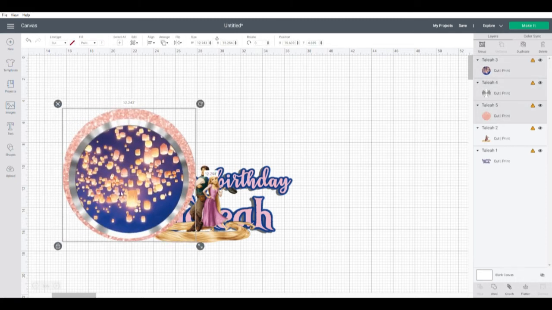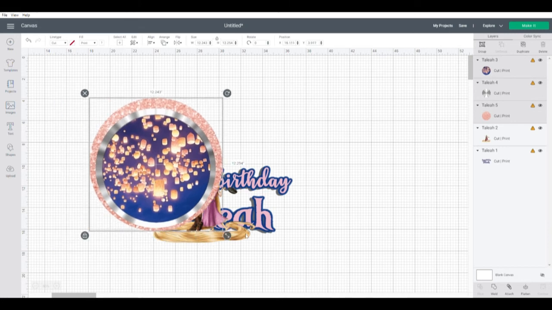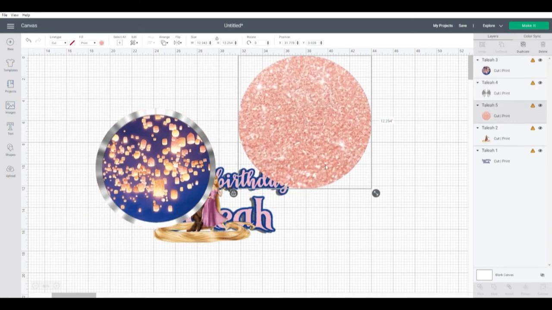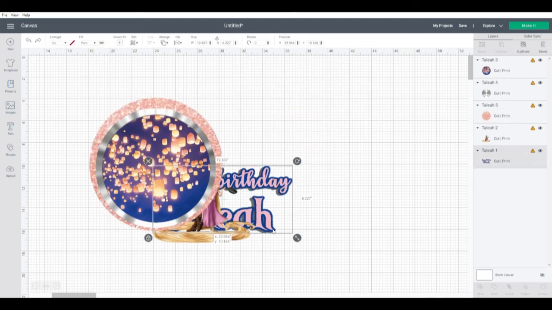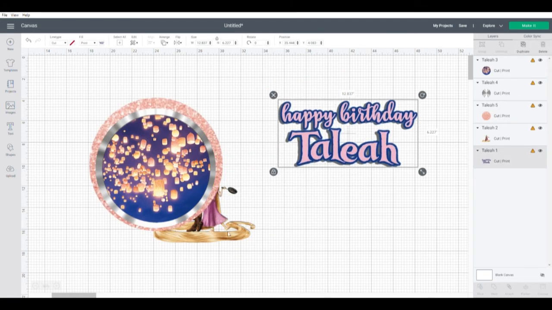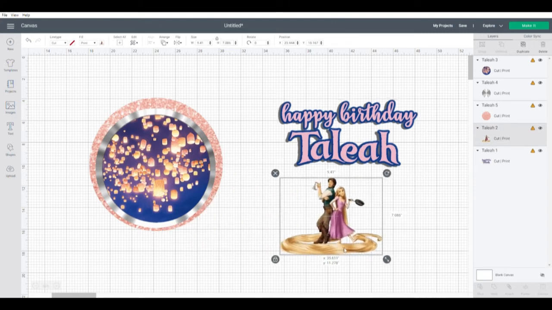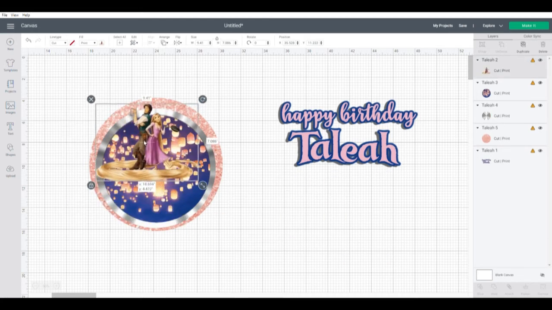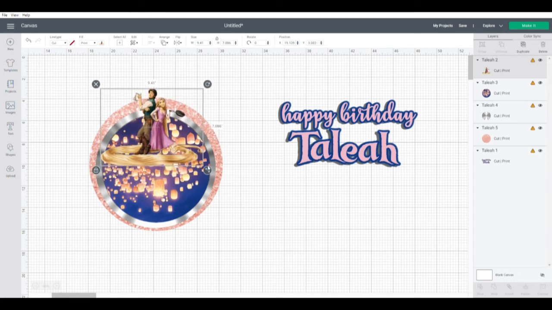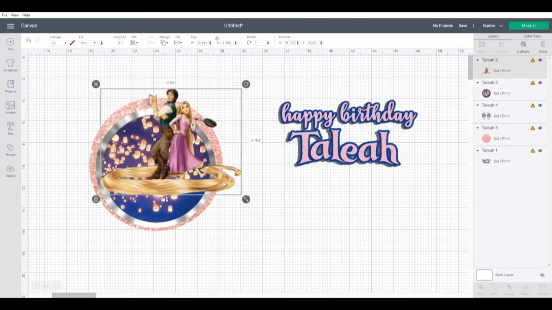And we already know that when we're using Cricut, you can only make... I didn't mean to do that, let me hit the back arrow. When you're using Cricut, you have to stay within the parameters of 9.25 by 6.75. So you'll have to keep that in mind as to how large you want to make your cake topper. But if I wanted to make it larger than that parameter, then I could do that easily by just resizing